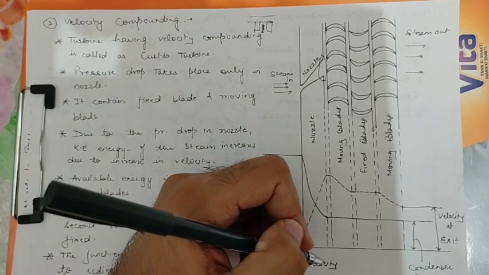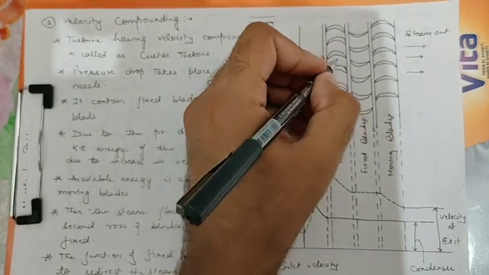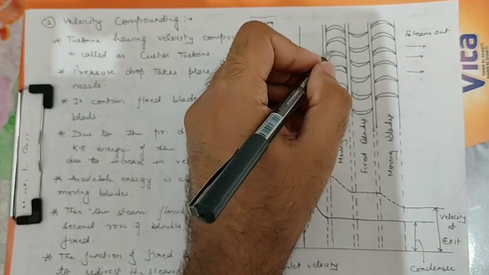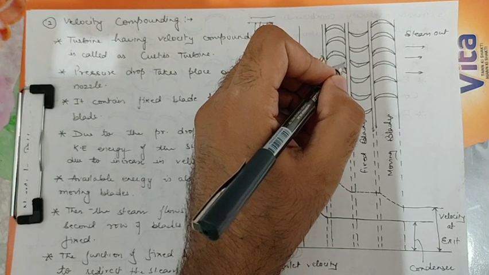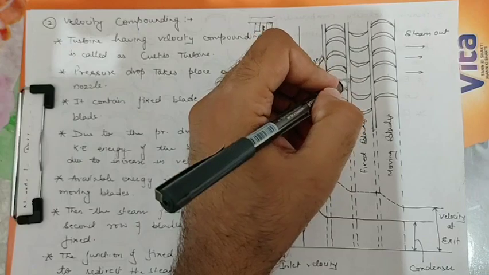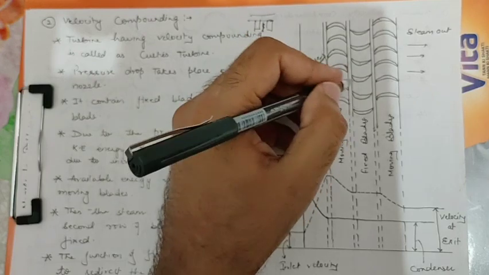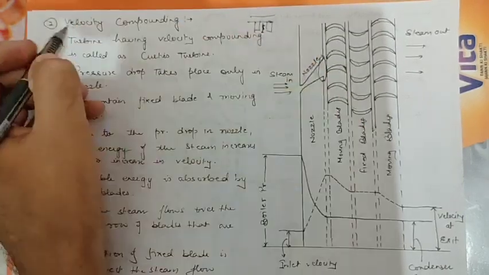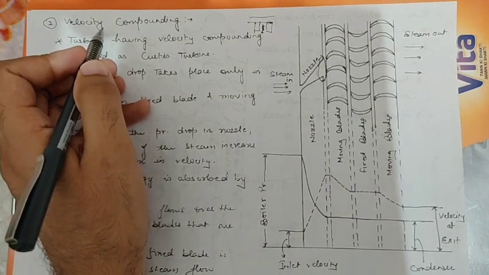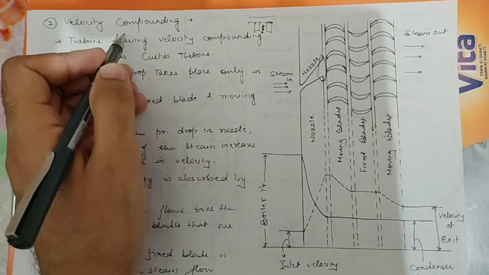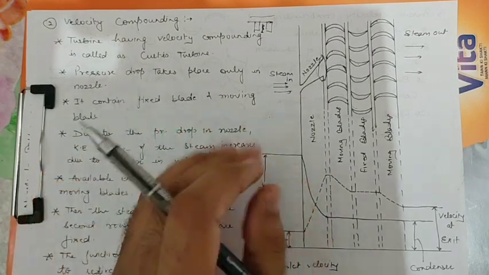and as we know, the velocity at the outlet of the nozzle is very high. Therefore the design and fabrication of these blades is difficult to withstand this high velocity. So design and fabrication of these blades are very difficult. So we can use velocity compounding only in turbines in which low power is easily generated. Its efficiency is too low. So this is all about velocity compounding.